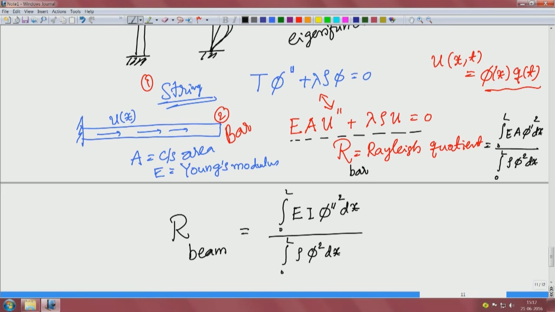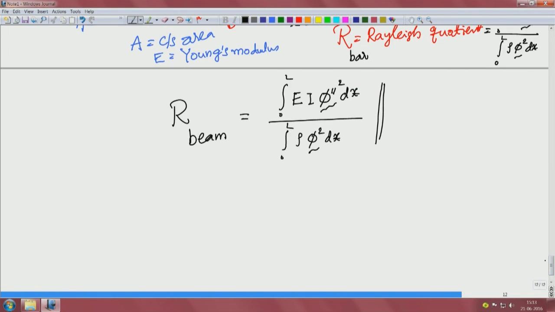So, the Rayleigh quotient can be written, but the main thing is this is phi double prime squared over phi squared, or phi prime squared over phi squared over there. Similarly, for a column, for a buckling load, because that is also an eigenvalue problem, the Rayleigh quotient for buckling also becomes the P critical, the critical buckling load. If you do the same calculation you will get integral 0 to L,